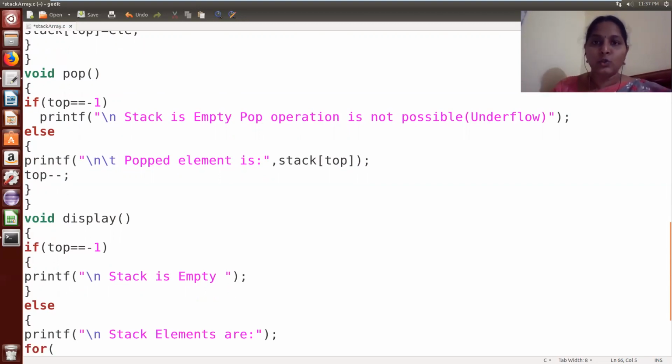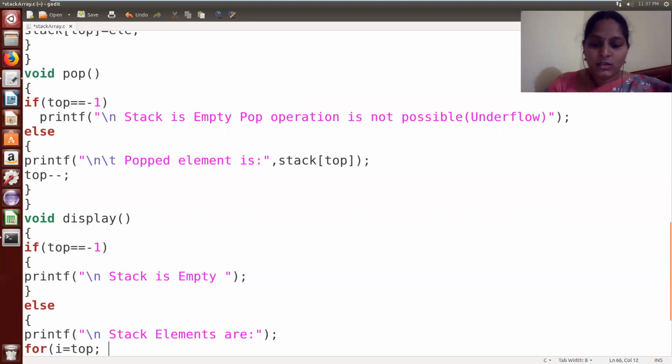For that we need to take one looping statement. Here I am using a for loop for traversing all those elements. In a stack we have only one pointer, the top pointer, which always points to the top element. So we should not move the top pointer to print all the elements. That is the reason we take one extra pointer i. Assign that i to the top position so that the printing will be done from the topmost element.